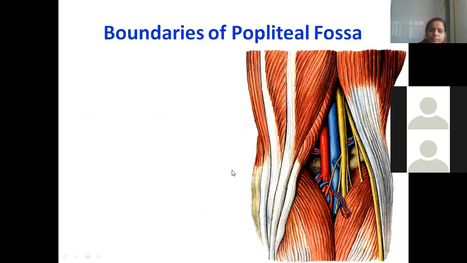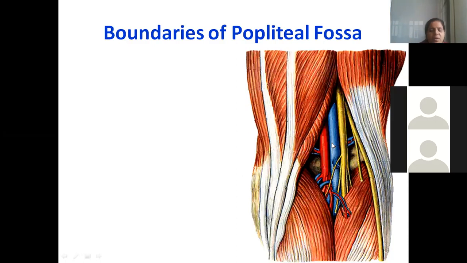Now, this is a lateral atlas picture. The bulky muscle is semimembranosus, the tendon-like muscle is semitendinosus. This is the medial boundary superiorly. This is biceps femoris. This is the medial head and this is the lateral head of gastrocnemius. Can you name this nerve? Sciatic nerve, dividing into two. What are those? Tibial and common fibular. Fibular is also right, but we use the word common peroneal. Tibial and common peroneal. What is the name of this artery? Popliteal. And the vein?